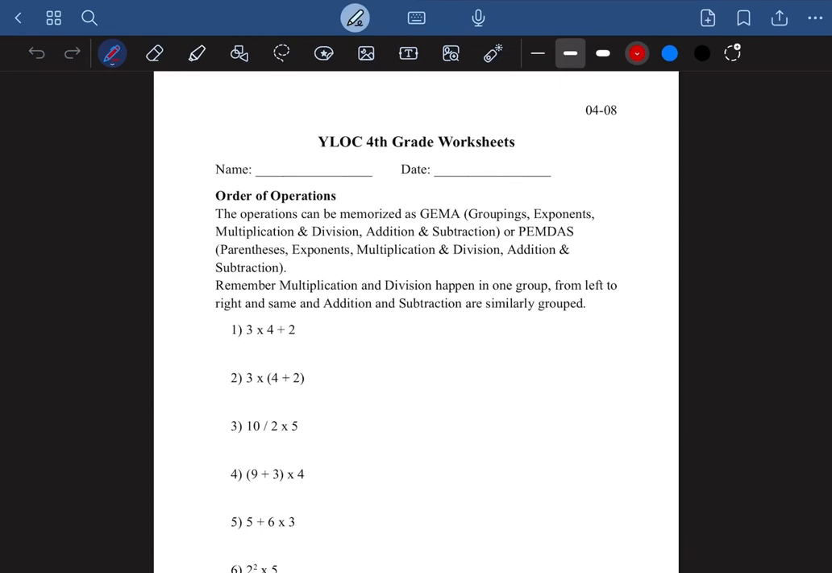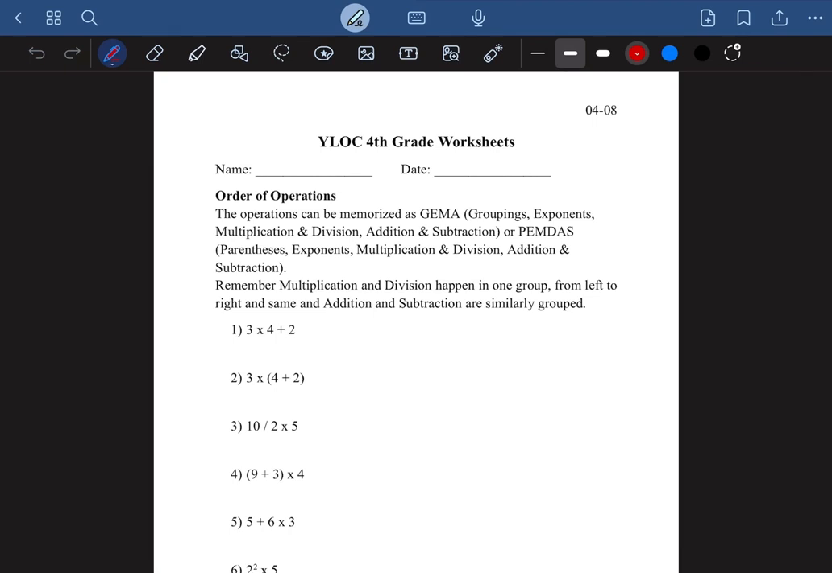This is the 4th grade Lesson 8 worksheet. Order of operations. The operations can be memorized as GEMDAS, groupings, exponents, multiplication and division, addition and subtraction, or PEMDAS: parentheses, exponents, multiplication and division, addition and subtraction. Remember, multiplication and division happen in one group, from left to right, and addition and subtraction are similarly